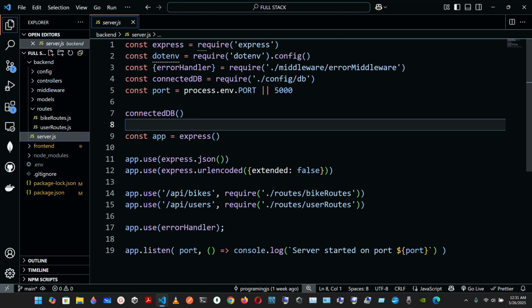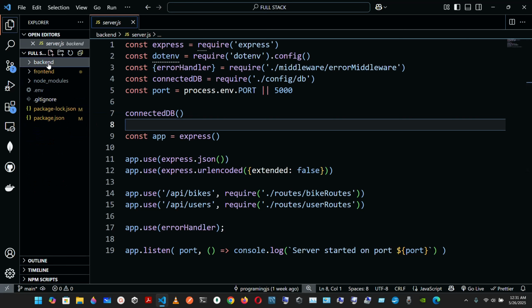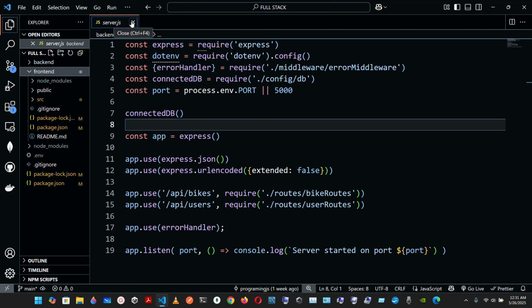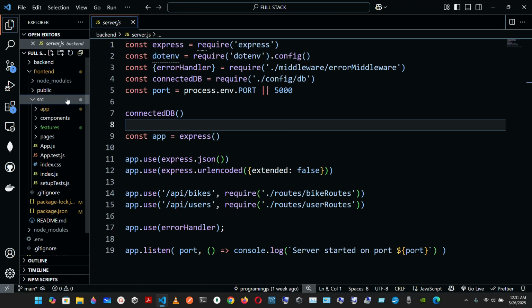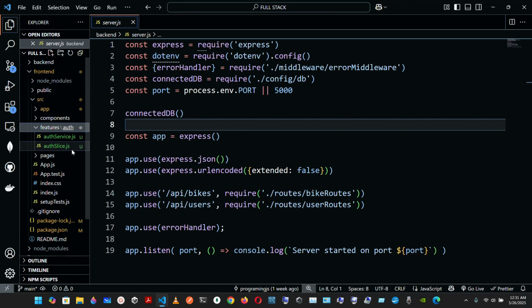Okay, let's continue with the front end. Well, I am in the back end right now, so I'm gonna go to the front end. Let's close the server, or just leave it like that, the server file that is in the back end. And if we go into the front end, into the source, into the features, and we go into the auth